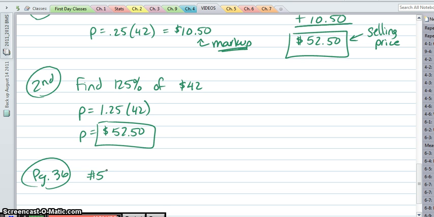Okay, so here we have a record store. It's having a 25% off sale. Find the sale price of a CD that regularly costs $14.99. Again, you could do this a couple of different ways, but here we are discounting, so we're taking money off of the original price. You should come up with a sale price of